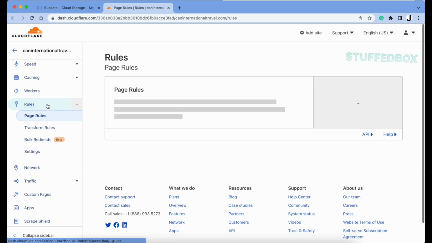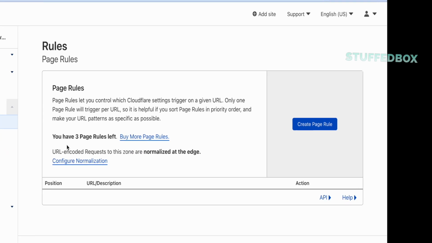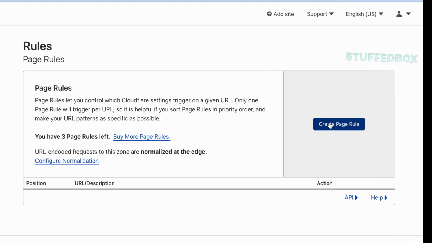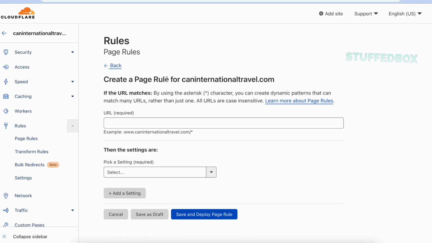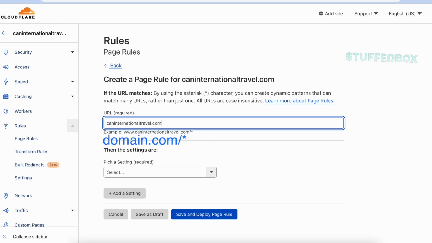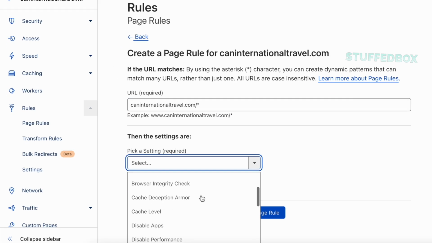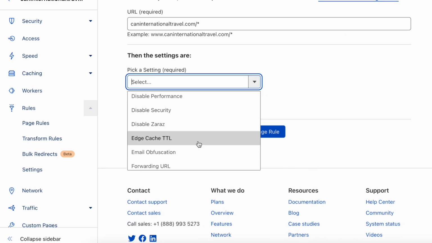Next, let's add some page rules. They give you 3 page rules for free, and you can buy more. So let's create the page rule. Under URL, enter your domain name, and then add slash, and then the asterisk. Under Pick a Setting, look for Forward URL,